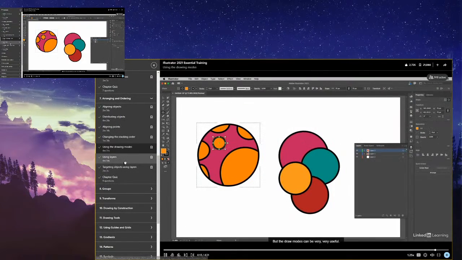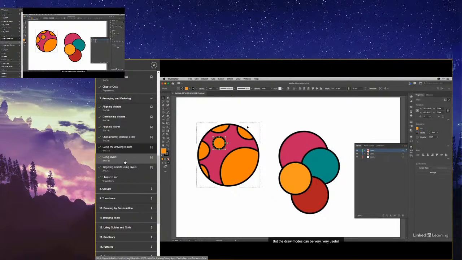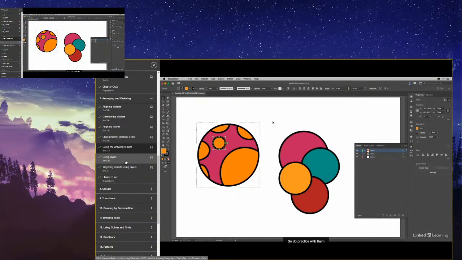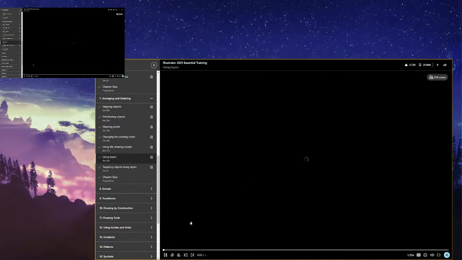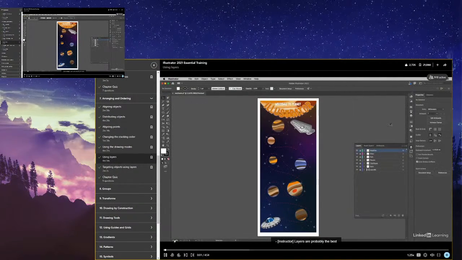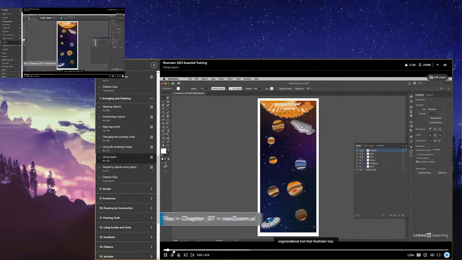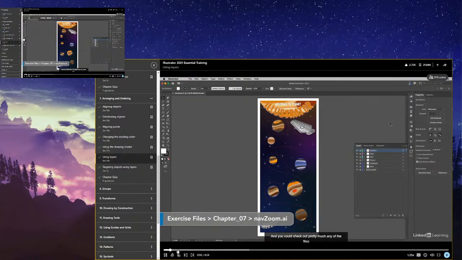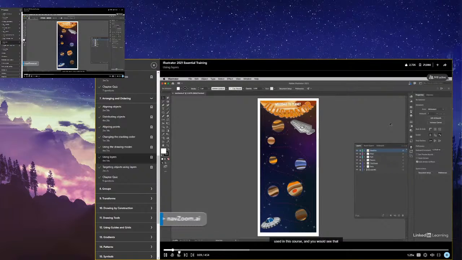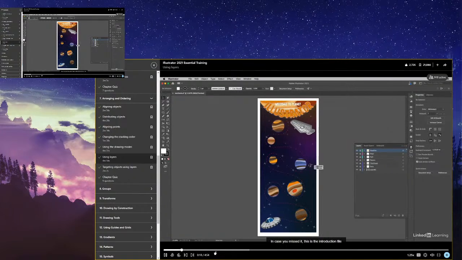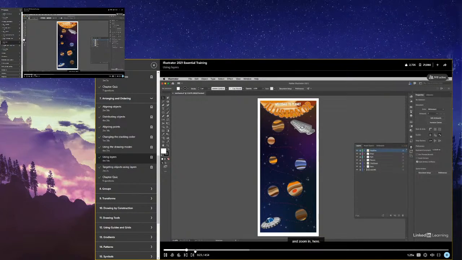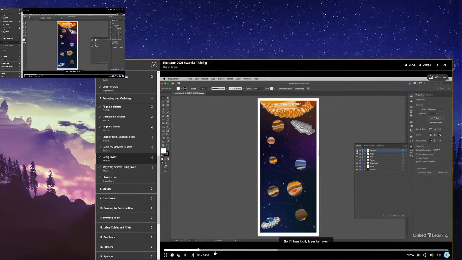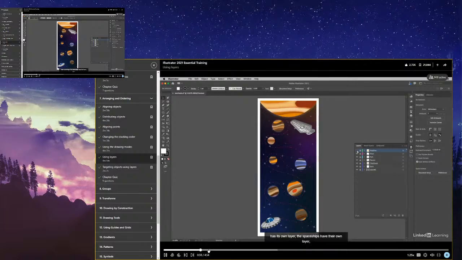In this title. But the draw modes can be very, very useful, so do practice with them. And remember, if you need to draw something at the bottom of this, layers are probably the best organizational tool that Illustrator has. You could check out pretty much any of the files used in this course, and you would see that this is the introduction file to this particular course that shows how to navigate and turn it off layer by layer. You can see the headline at the top has its